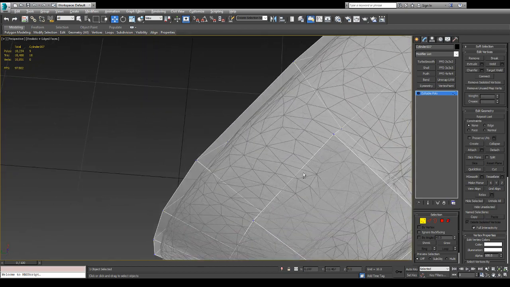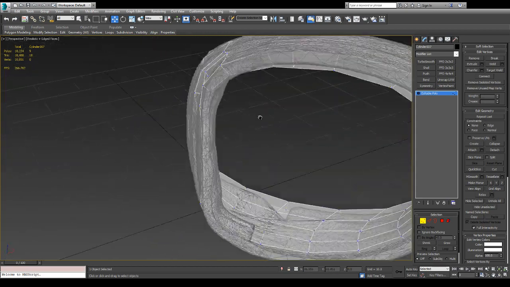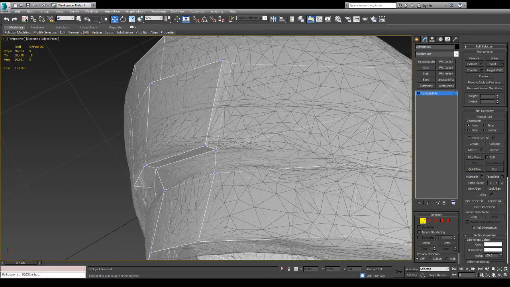This is kind of a slow process, but it gets the job done. And actually what I want to do here is take this up here a little bit. I'll have to add some vertices to get that to work, since the lip will need to be a little bit more